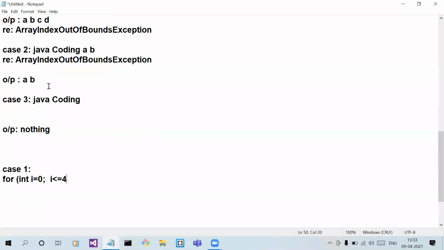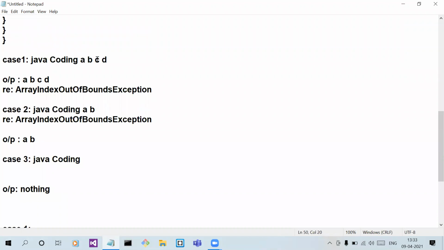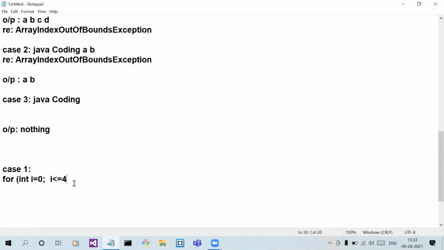Why 4? Because we are passing 4 values A, B, C, D. Then i plus plus.